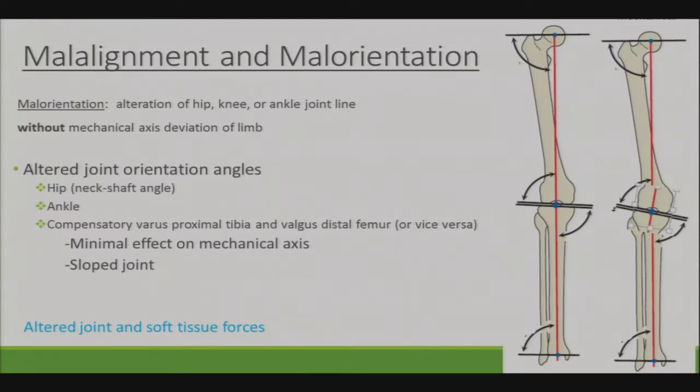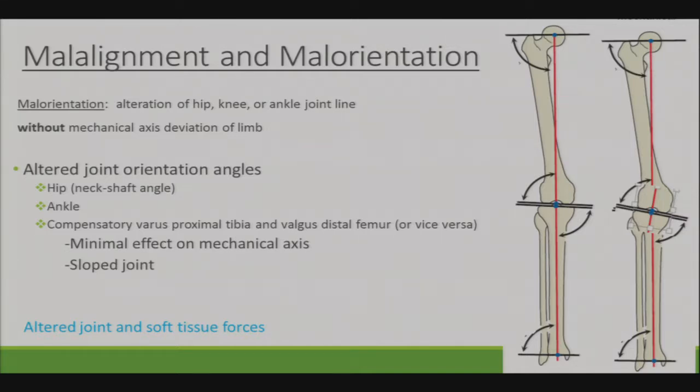Malorientation simply means there's typically no mechanical axis deviation, but there's an alteration in the position of the hip, knee, or ankle joint. I think the easiest way to think of this is in joint arthroplasty: you can alter the joint line orientation but have a compensatory deformity in the femur and tibia. So let's say you cut the tibia into varus and then you cut the femur into valgus. You don't maybe change the alignment, but you change the orientation of the joint,